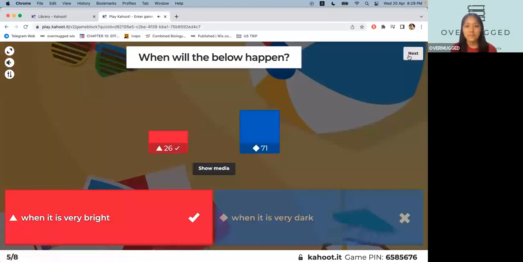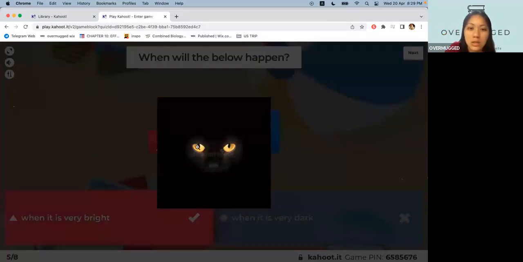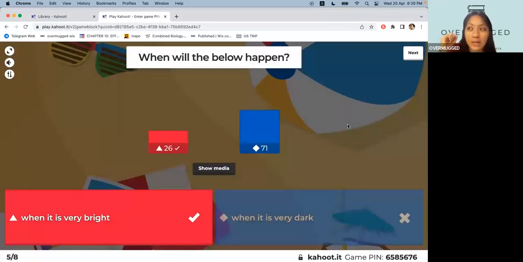The pupil is very narrow and small. Let me show the media. It only happens when it is very bright, so that's why the pupil becomes very small. If it's very dark, the pupil should become very round and big so that it enlarges and takes in more light. Okay, this one,